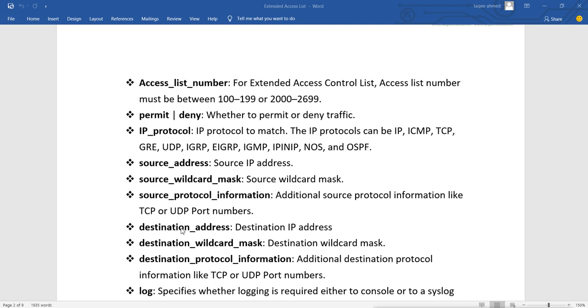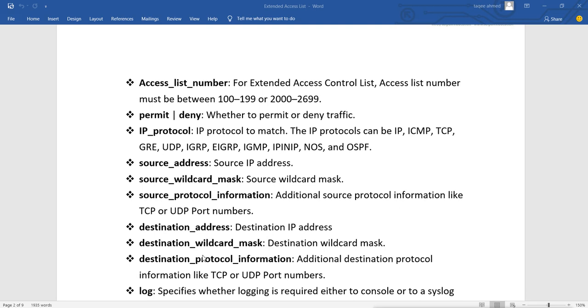If I want to give a single IP, then I can use the host keyword and then the IP of that host. In a standard list the wildcard is optional, but here it is compulsory. Whether you are mentioning a single host or a network, you have to mention the wildcard bits.